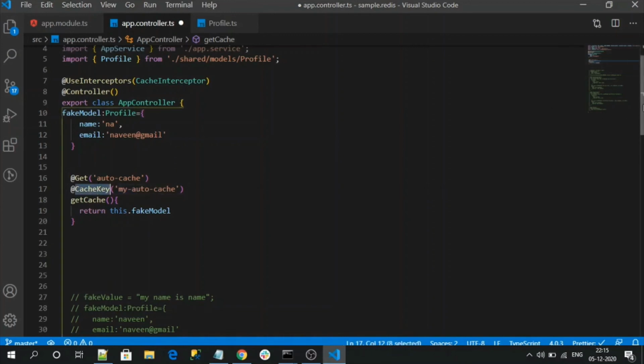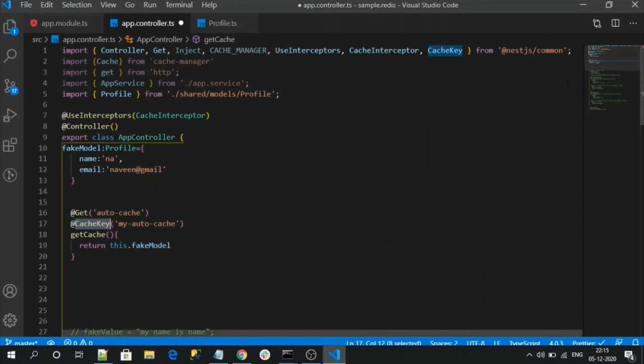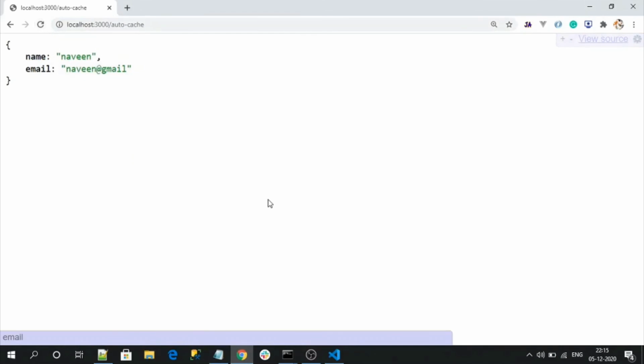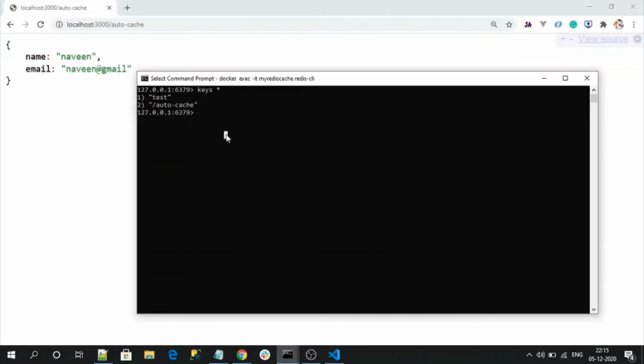This CacheKey loads from nestjs.common only. Okay, so it is loading, right? Let's check here, because the 5 minutes we have given, it is saving like that only.